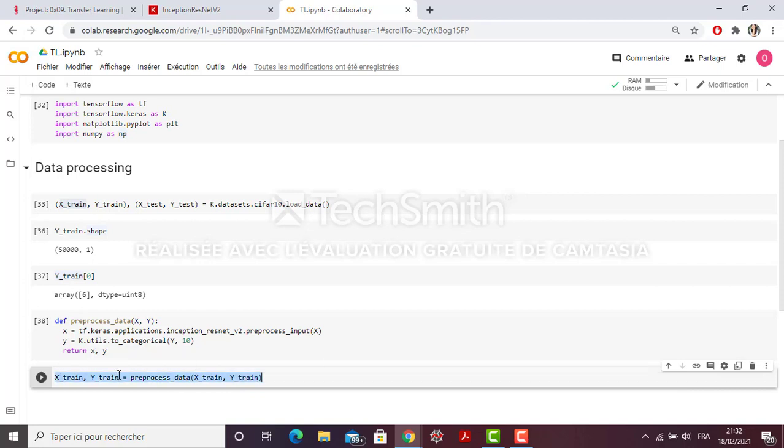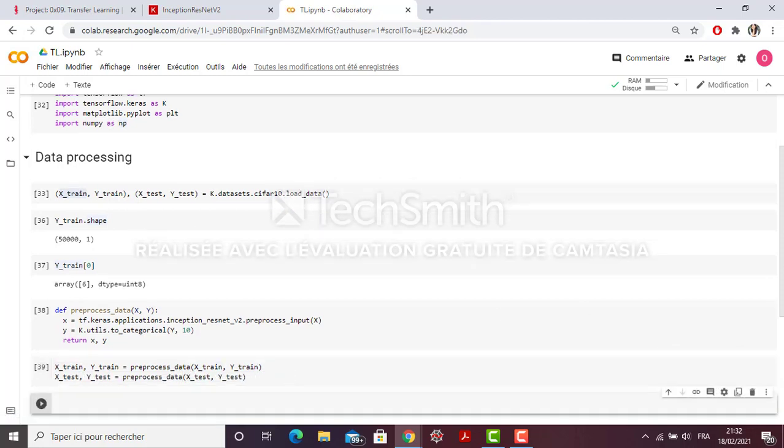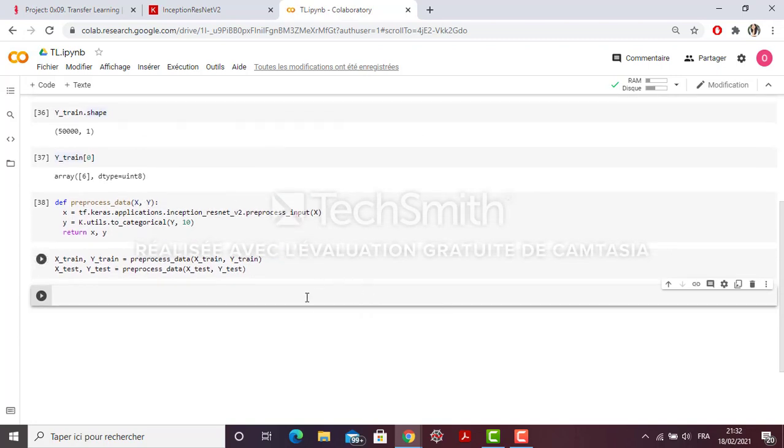It is the same thing for the test. So this is my new data.